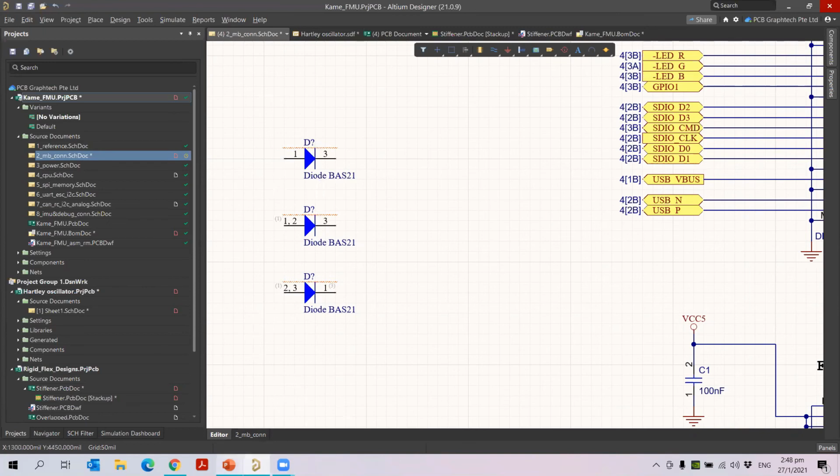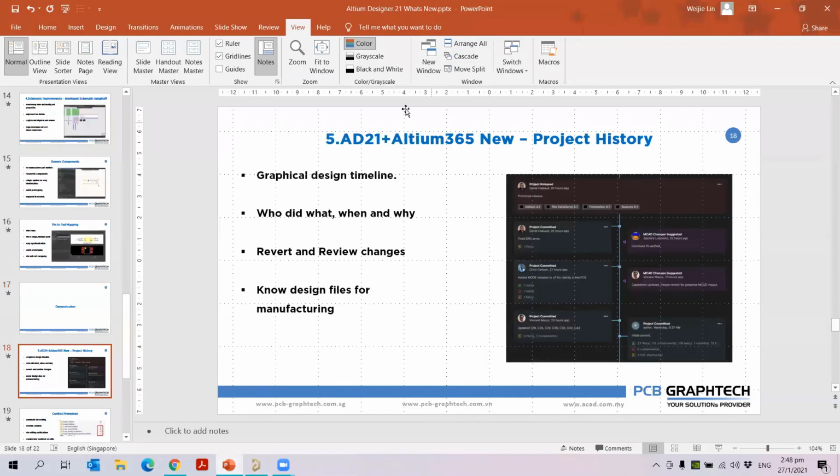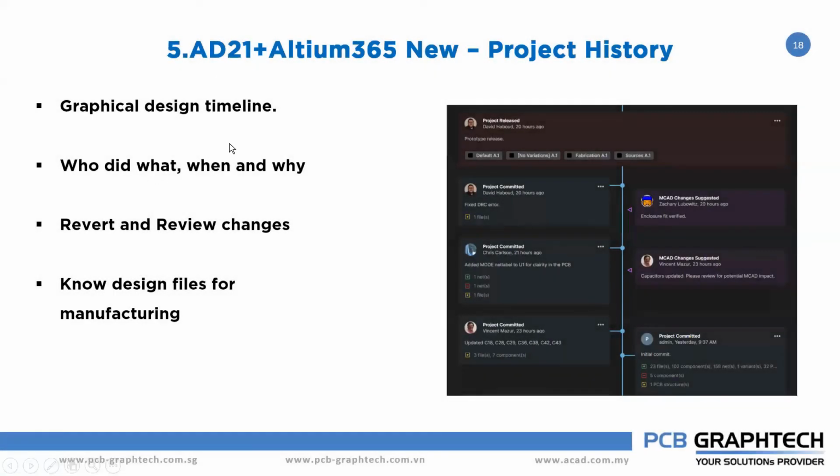Then next, the last topic is about your Altium 365. Altium 365 is about your project history. Now the very new and very good feature is the version control history. It is connected to the version control in your Altium 365. You can also see who is doing what, when, and why.